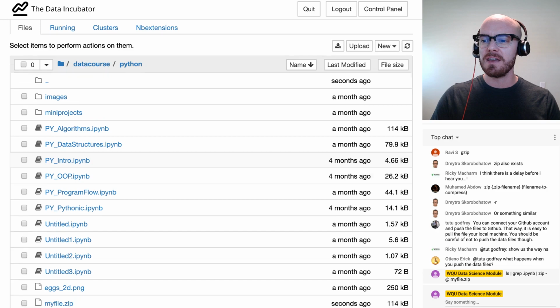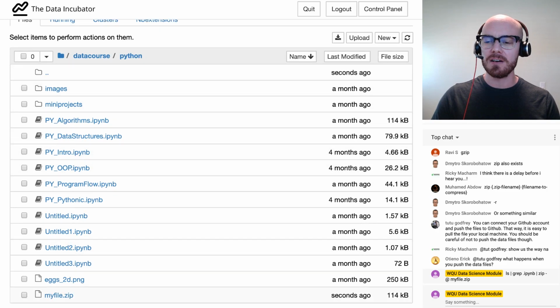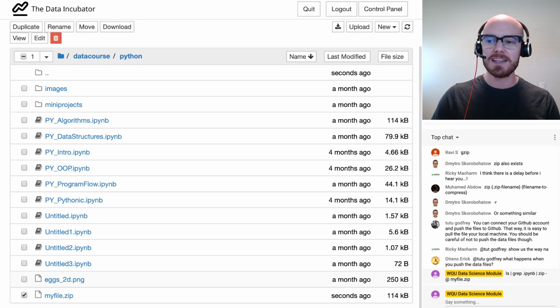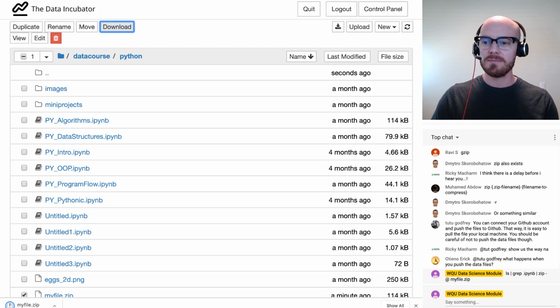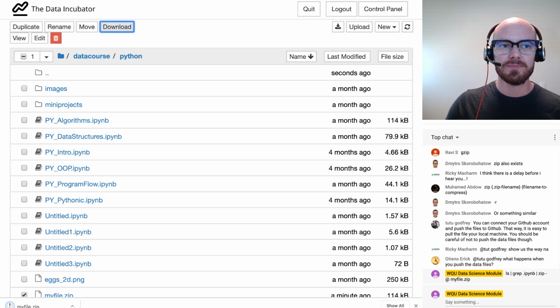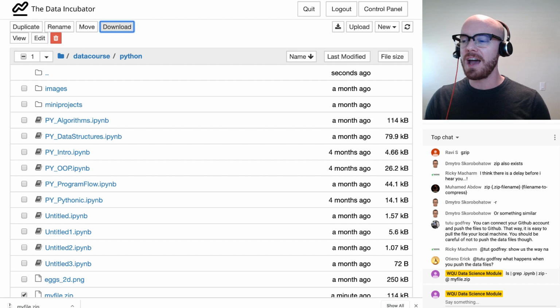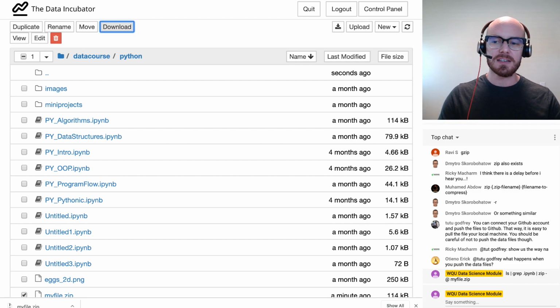And then if I go to my file picker, I can select that single file, and clicking on download, I can download it. So that is how you would take all the content that you guys have looked at, all of the notebooks, and download them using the command line.